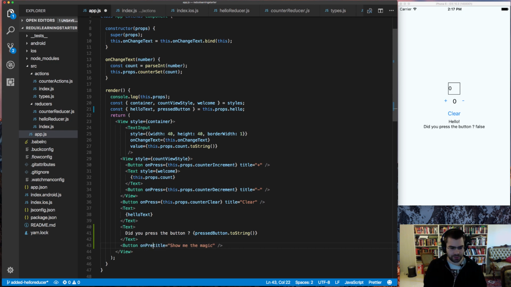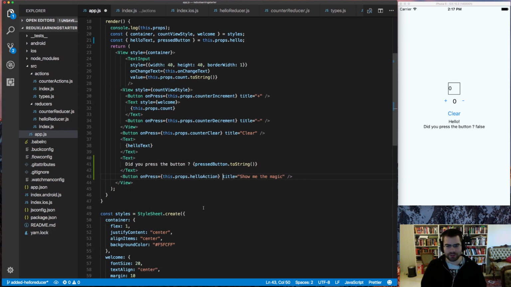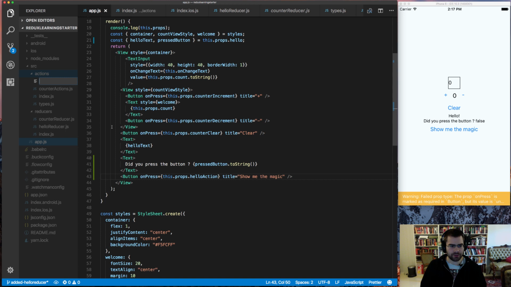And on press we will have our action of this.props.helloAction, I will call it, with my amazing creativity, and it will show a warning: this prop is marked as required, but it's undefined because we haven't made it yet. So we need to make a hello